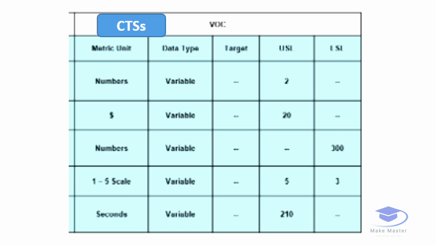For the CTQs, we need to identify what the data type is. There are two types of data. One is variable data, another one is discrete data. The variable data has a range, that is, it goes with a number. The discrete data is yes or no type. For all the CTQs, we need to bring the USL and LSL, that is upper specification limit and lower specification limit. If the data is discrete, then we need to have a target of yes or no. These targets all come from the voice of customer.